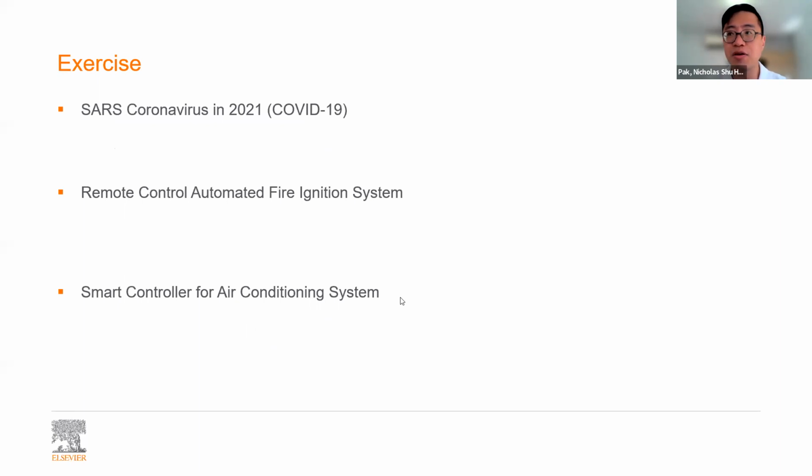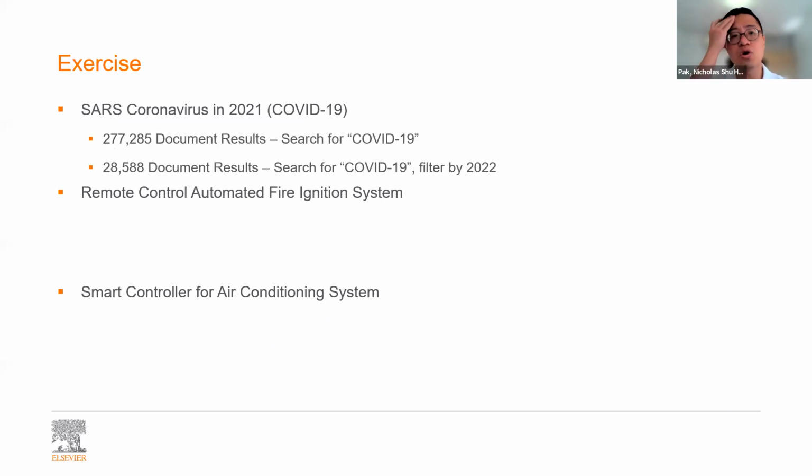So I would say we can take a quick look for you to browse through this exercise, but because we have already done this earlier, we're quite familiar with this, right? Under Scopus itself, you get probably over 277,000 searches, and if you filter it for COVID-19, you get about